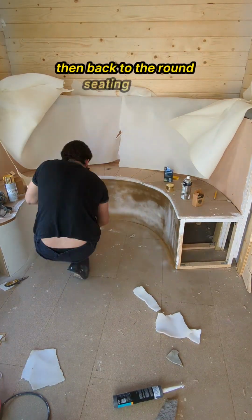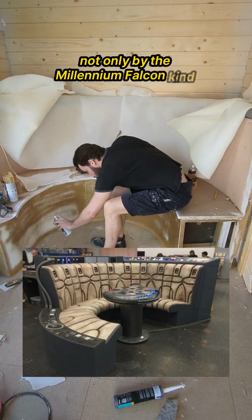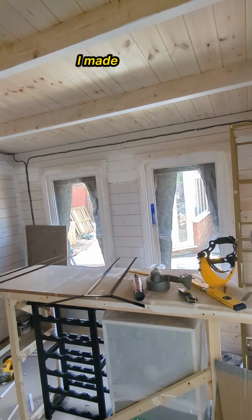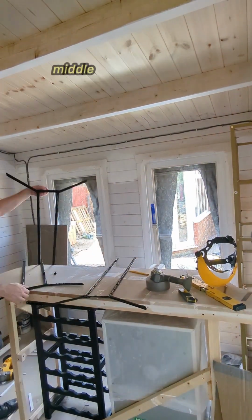Then back to the round seating booth. I'm painting this gold because this is highly inspired not only by the Millennium Falcon's round seating area, but also Dryden Voss's seating area that he has in Solo. In a previous video, I made a template for a decorative frame middle bit for the windows,